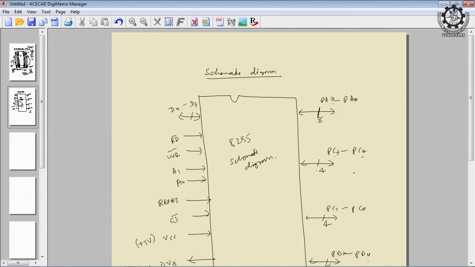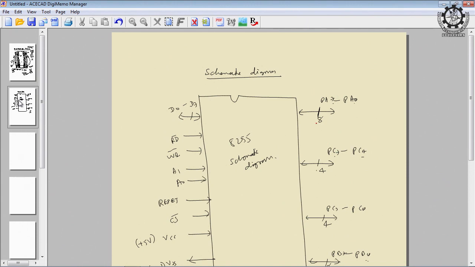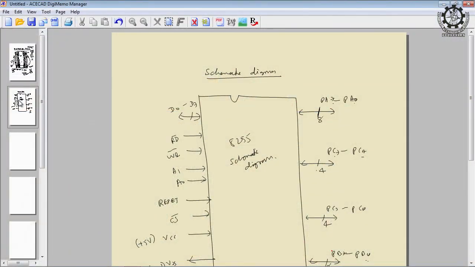The meaning is that port C is divided into 2 parts because of the modes, right. So, we will see that there are 2 groups also, group A control and group B control. So, we have divided port C into 2 subgroups. Similarly, PB0 to PB7 is 8, PA0 to PA7 is 8. So, you can see the entire 8 plus 8 plus 8, that is 24 signals, we could show by drawing only 4 lines, 4 arrows. By drawing 4 arrows, we can show 24 signals.